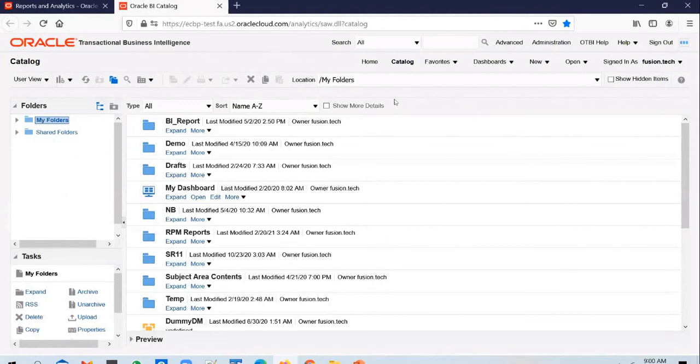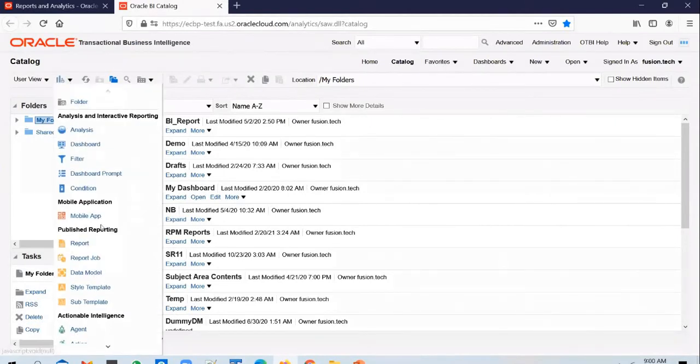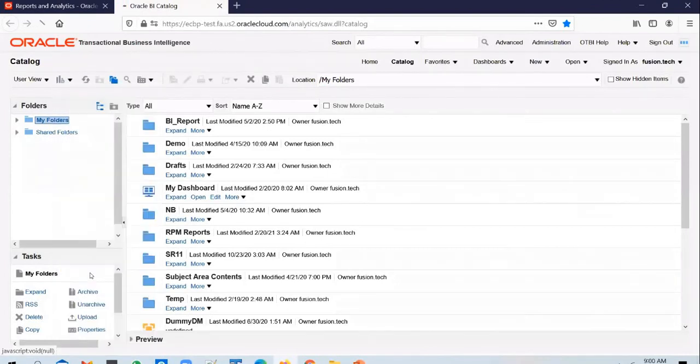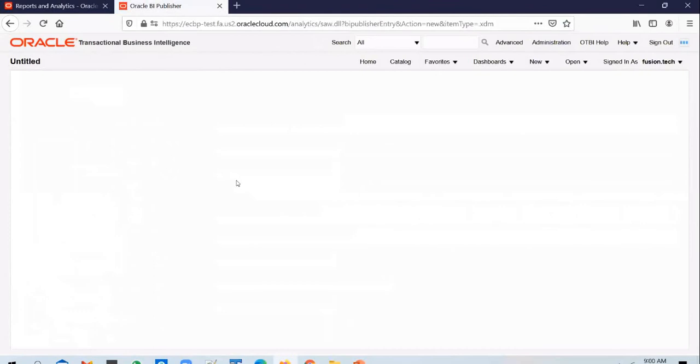And whenever you want to query something in ERP cloud database, you will be doing it from here. I'll be explaining this screen when we do the BIP reports module. For now, all I want to do is just run a query and show you where that information is stored. So if you click on the drop down, under published reporting, you can select data model. This is how you can query the database.